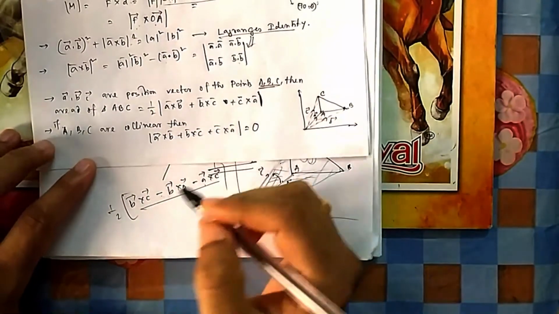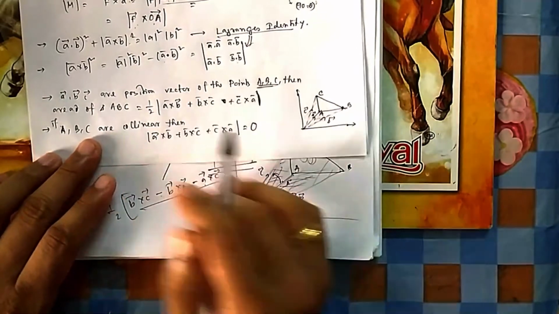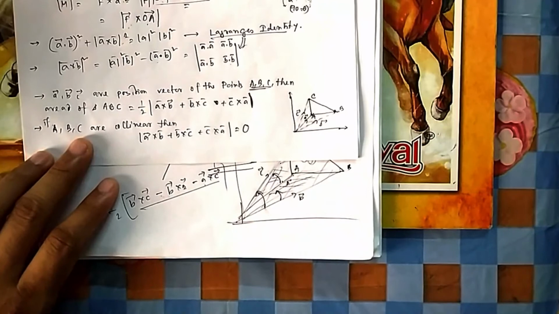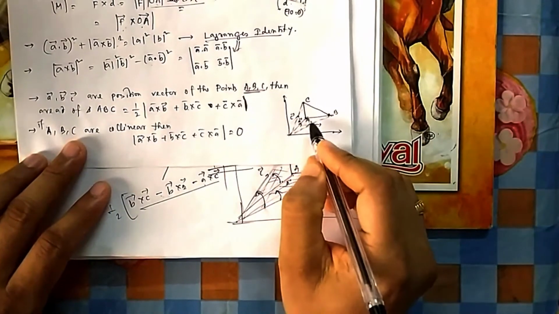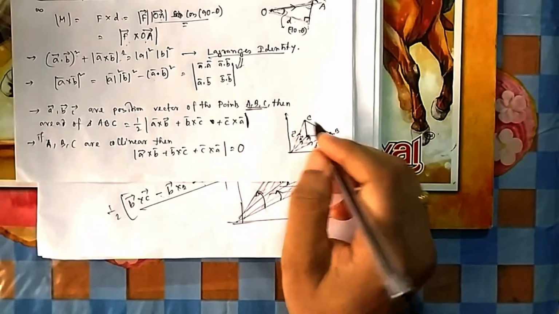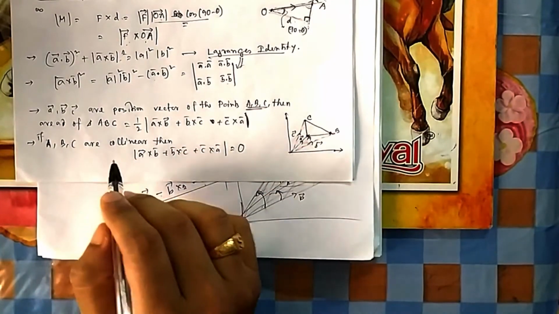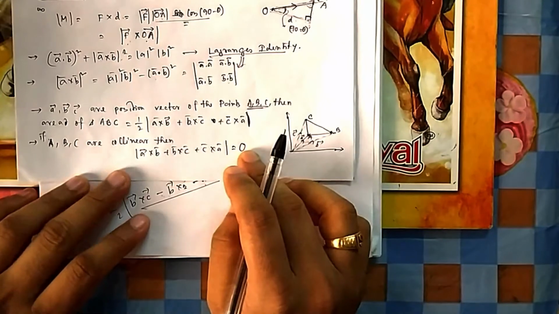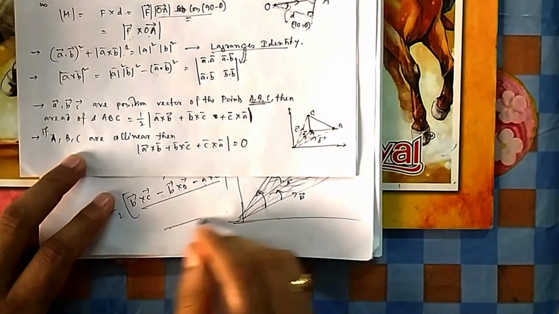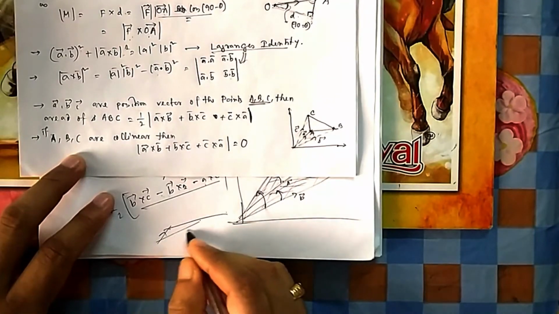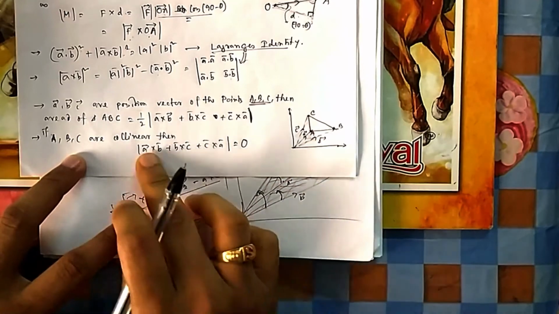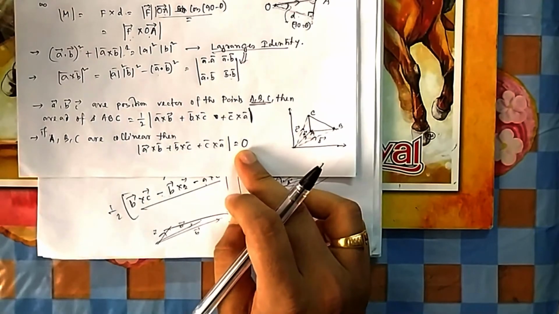We can now see how it is proved. Suppose 3 points A, B, C are collinear, they are on the same line, then they cannot form a triangle. So this small a, small b, small c is nothing but representing the position vectors. I told you, it is nothing but the coordinates of A, B, C. So if A, B, C are collinear, then this is always 0. So from here also you can prove that 3 points are collinear. You draw their position vectors. Position vectors are nothing but the coordinates. Suppose this is A, B, C. So you apply, if this comes to 0, then it is true.